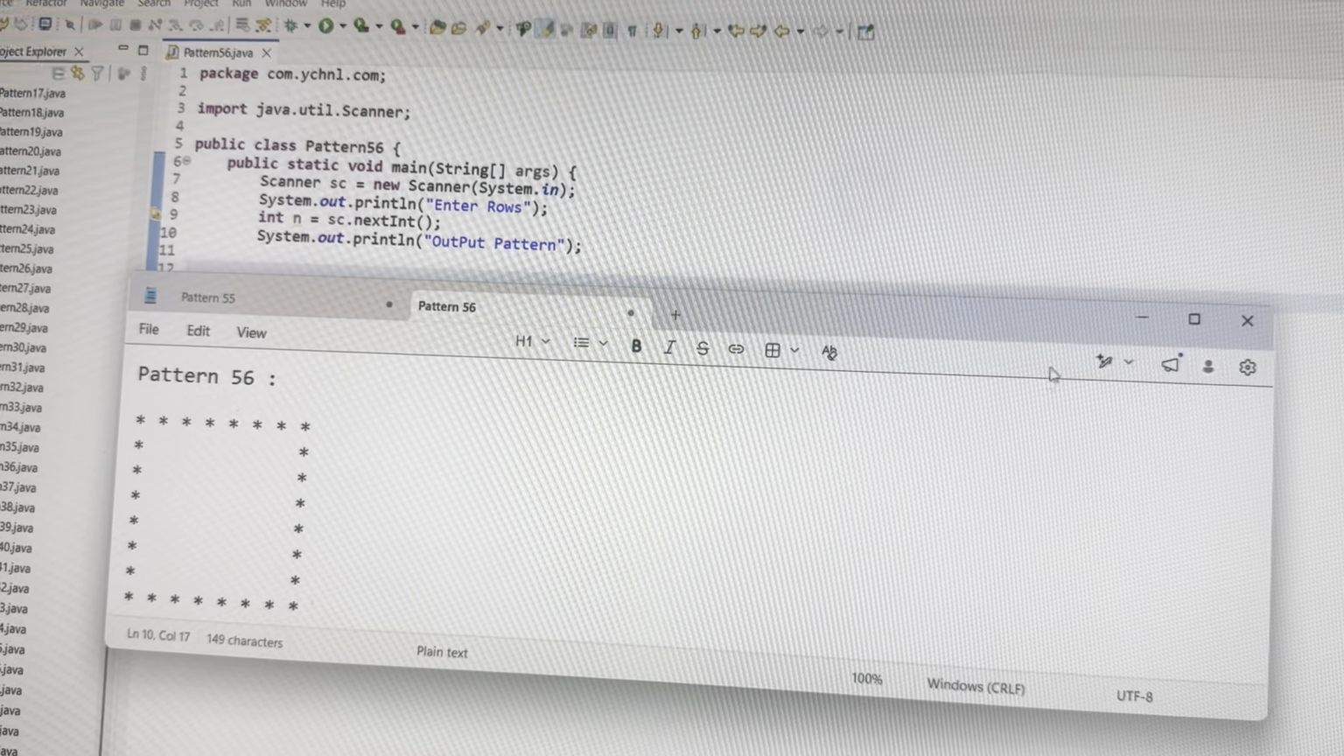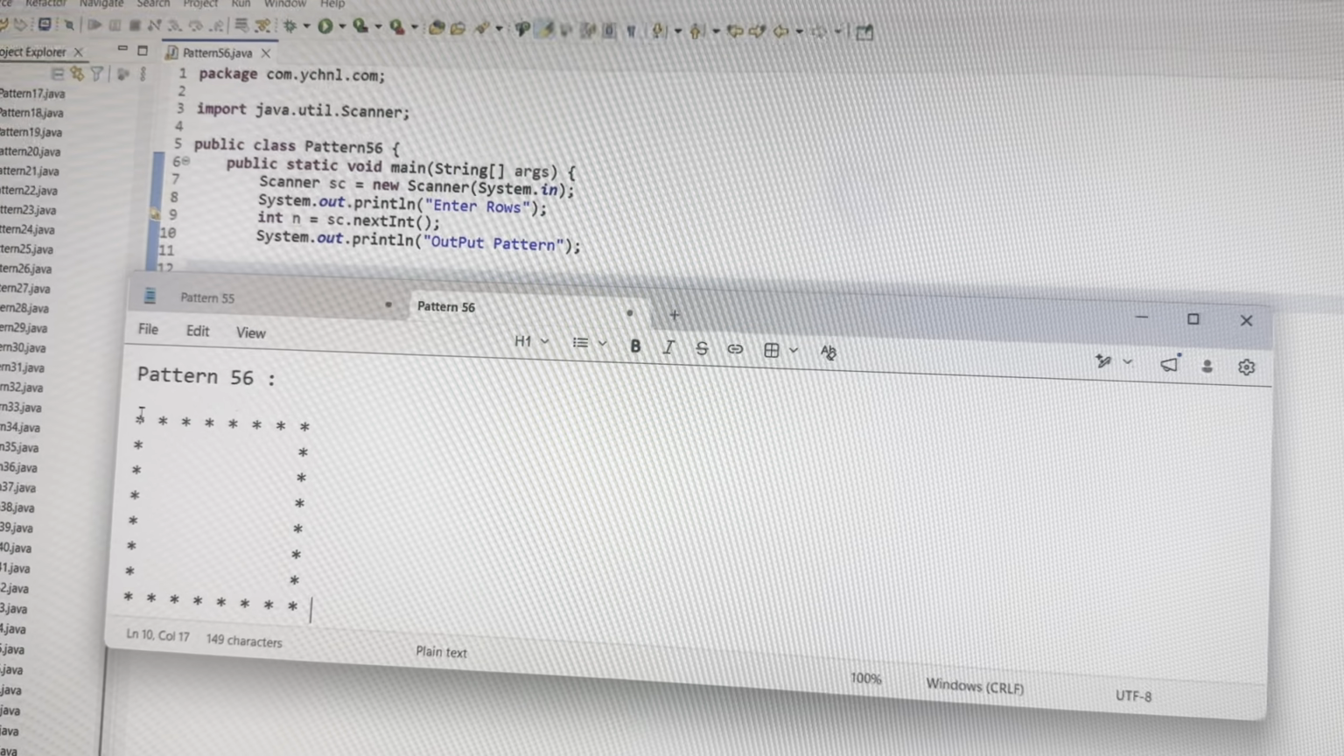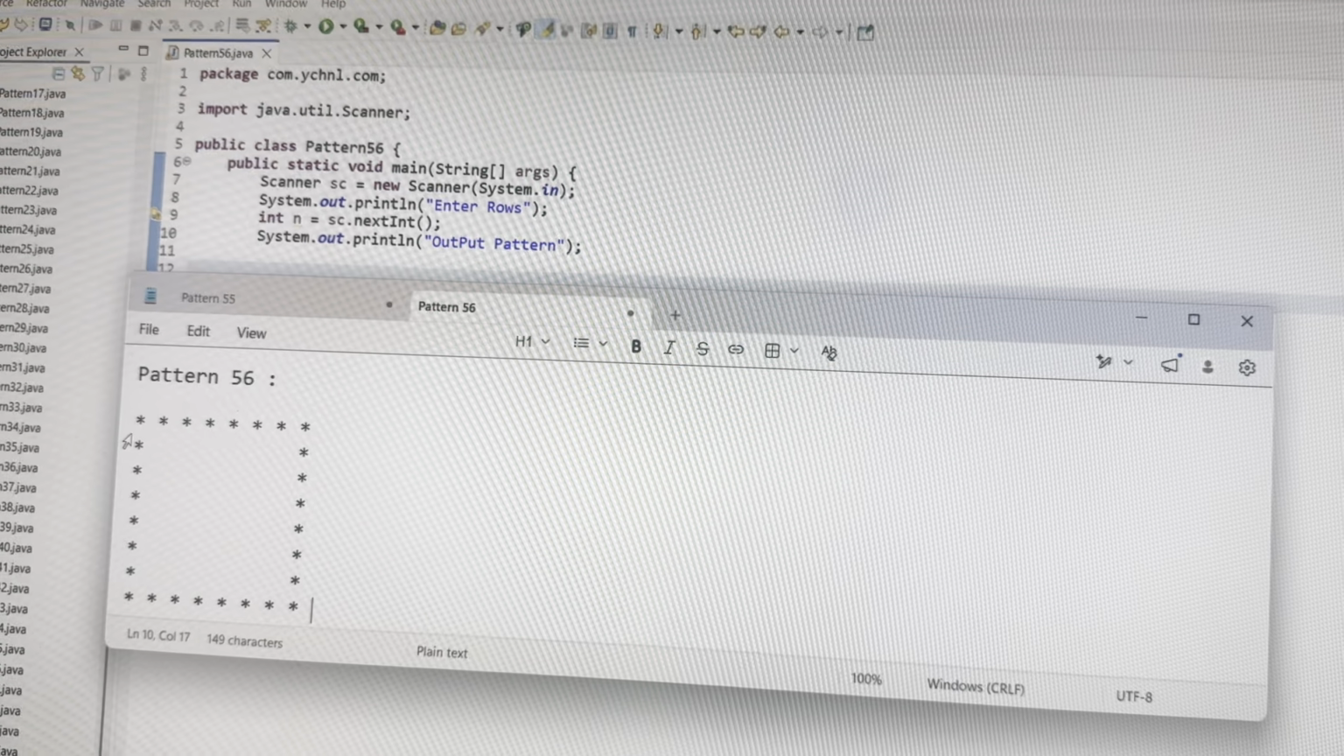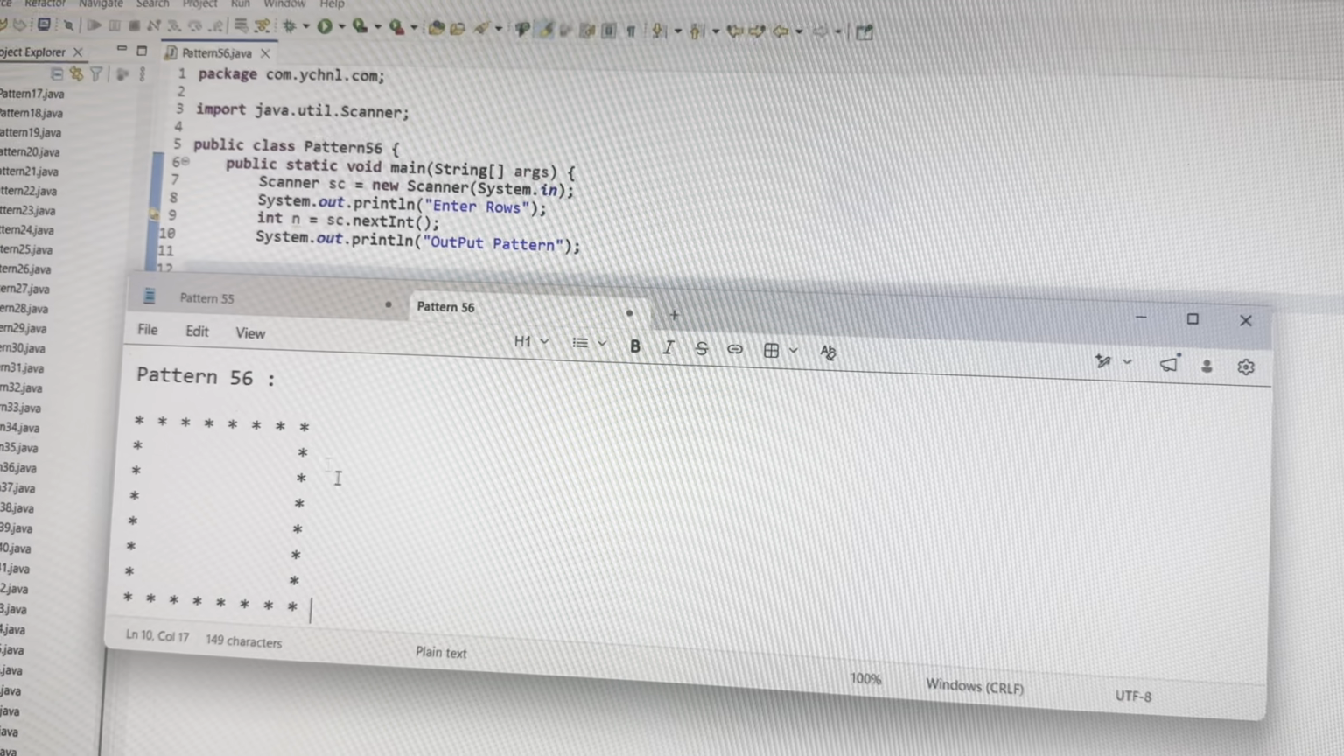We will discuss this pattern. In this pattern, if you observe, it is a square type, right? In the first row there are 7 stars. Remaining all only